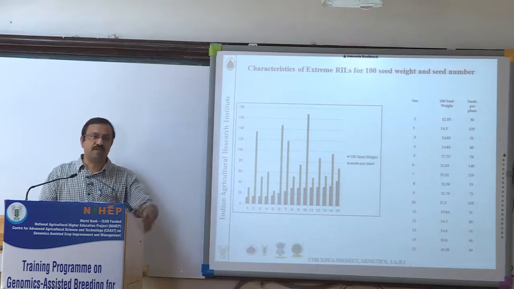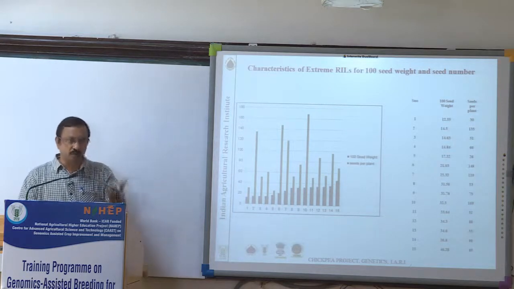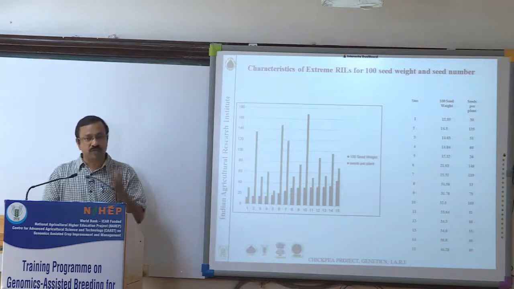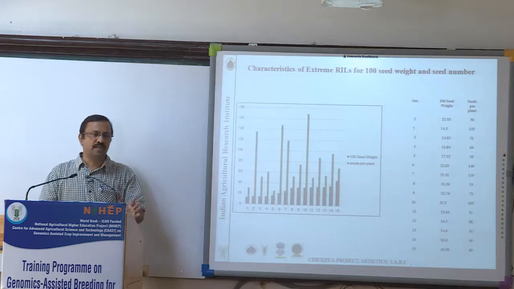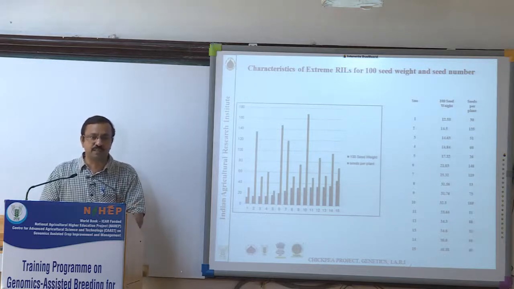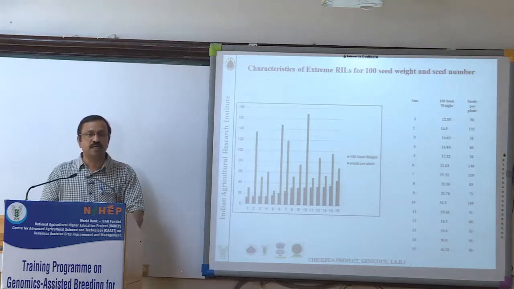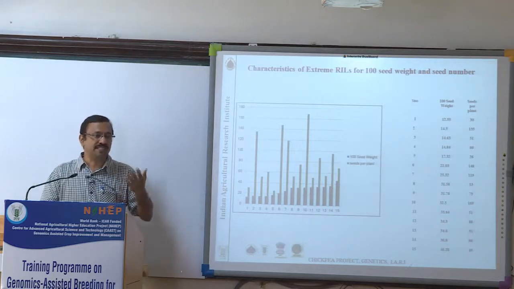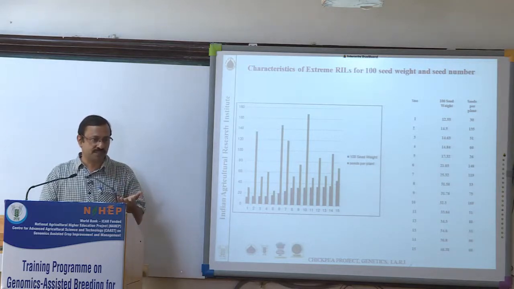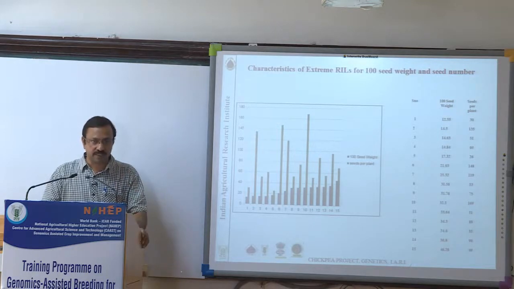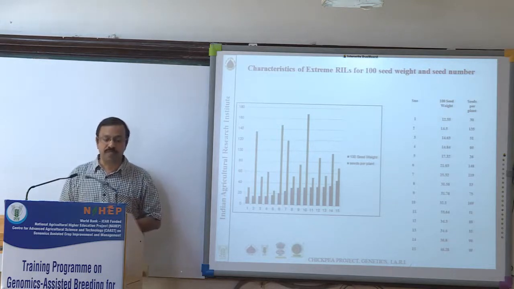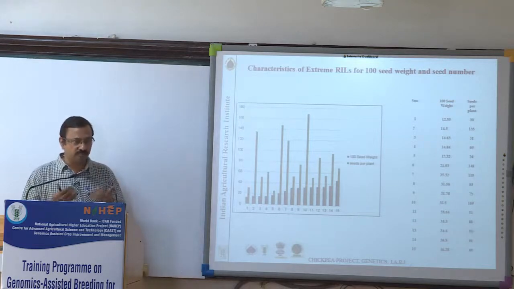For example, in our vested interest in tomato to select for edibility, we have lost the greater TSS, right? Now, the reason why we lost greater TSS was different. Because the companies were looking at syrups, so they were looking at more juice content, whereas Indians use it for culinary purposes. So we require solidness. So you need to look at the local breeding values when you are trying to develop